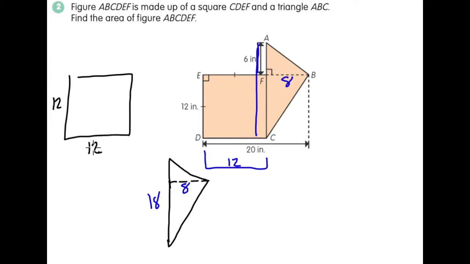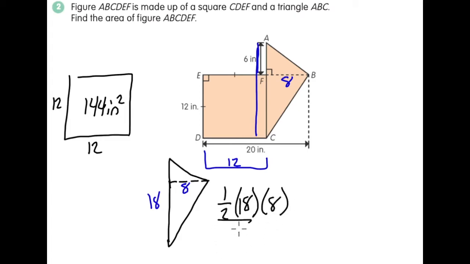Starting with the square, 12 times 12. To find the area of the square, it's side by side. So that gives us 144 inches squared. And then our triangle would be 1/2 of 18 times 8. Half of 18 is 9. 9 times 8 leaves us with